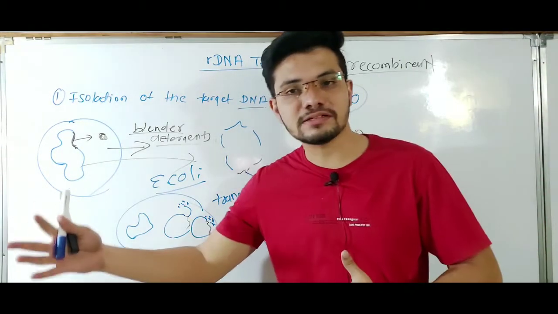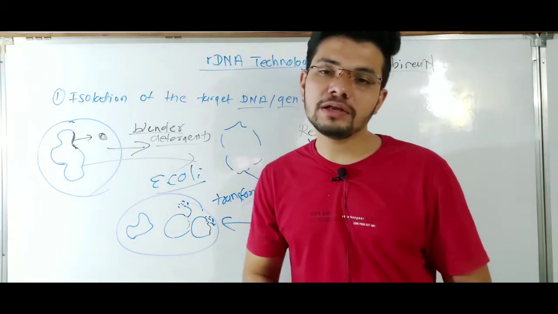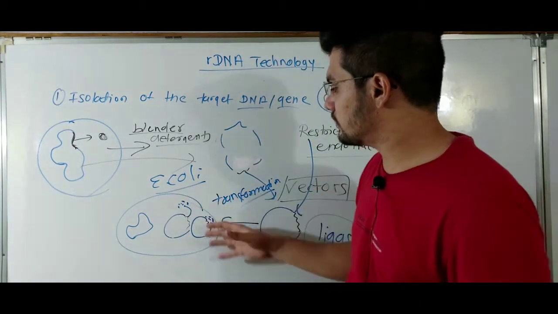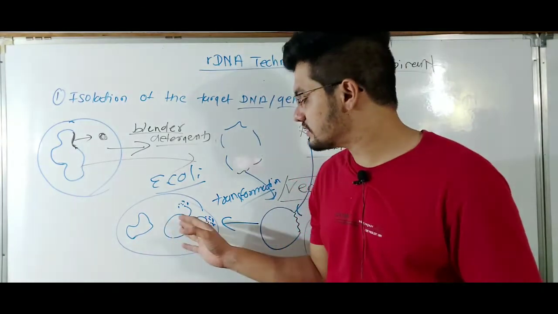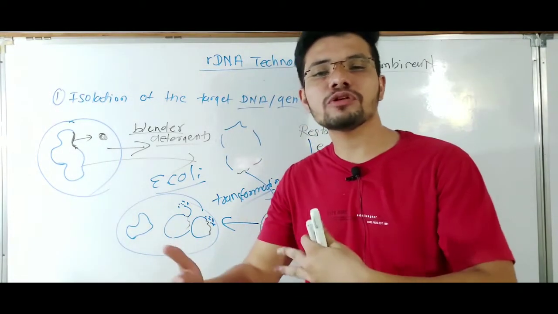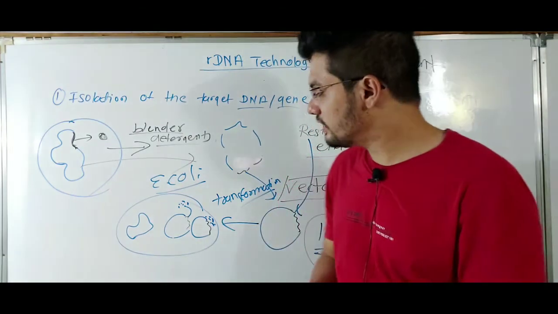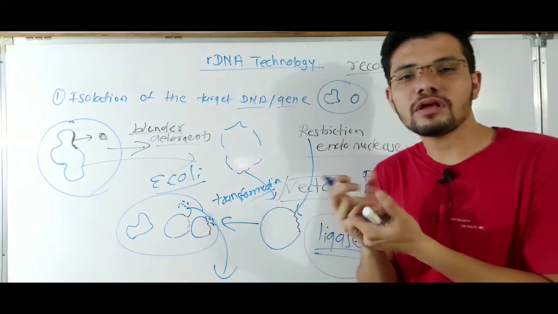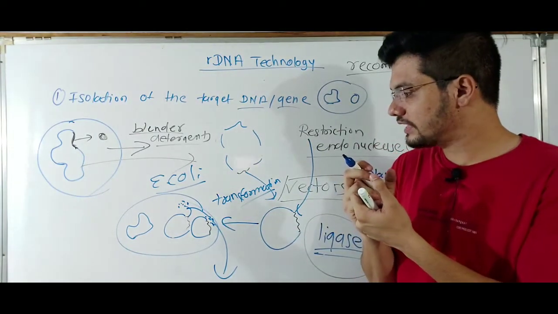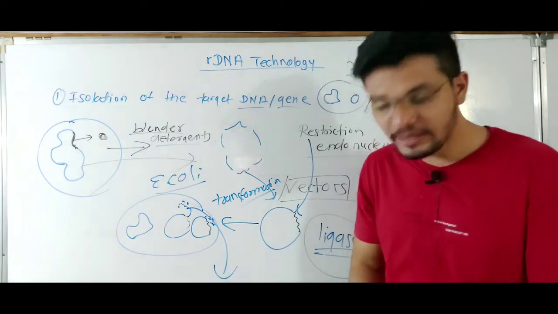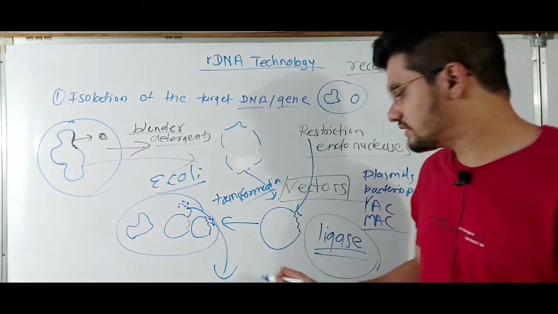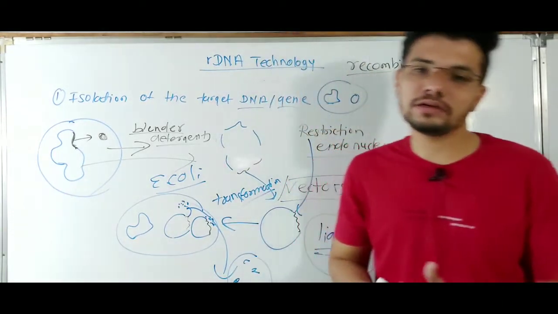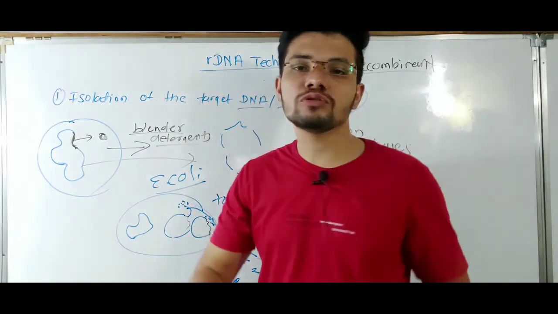After that screening, we cultivate those transformed cells in separate pure culture and in separate media. Those cultivated transformed cells have our gene of interest, and that will produce our insulin. That insulin will be excreted and taken out of the cell, right? That protein taken out of the cell is our ultimate product, and with the help of that insulin we will make tablets and give them to diabetes patients.